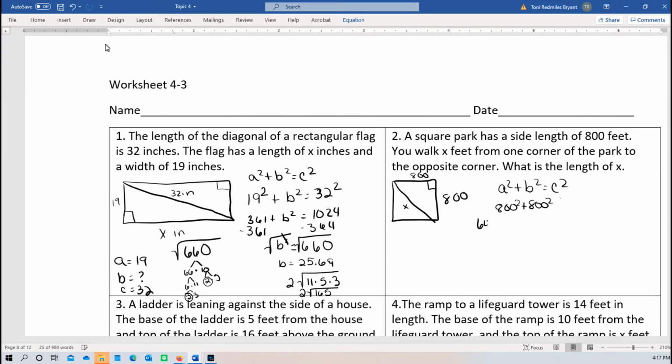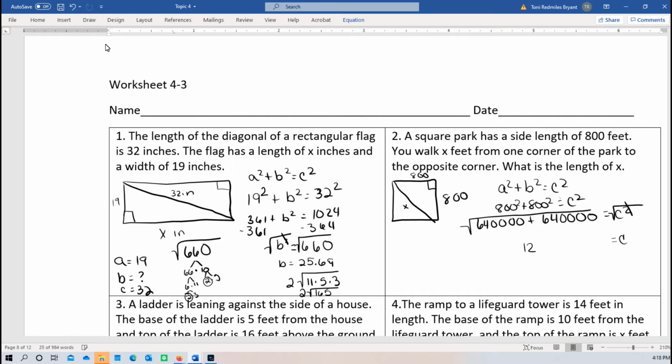Ooh, I might want to write this one in scientific notation. So it's going to be the same for both. And I don't know what c squared is. Okay, but I know that I'm going to have to square root this. So I'm going to go ahead and square root both sides now before I do that addition. Doesn't really matter, but it gets it out of the way. Now I can just type all of this into my calculator. And I'm going to